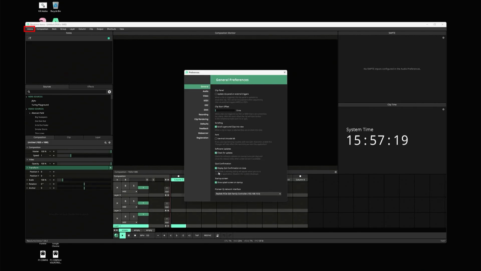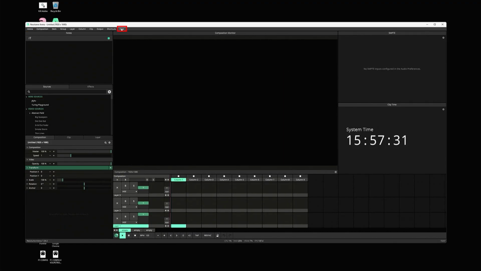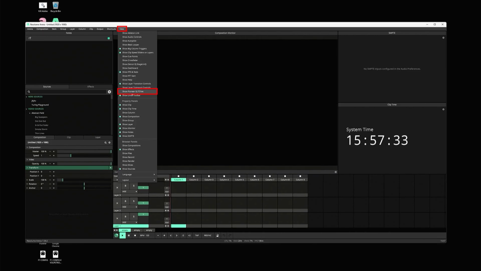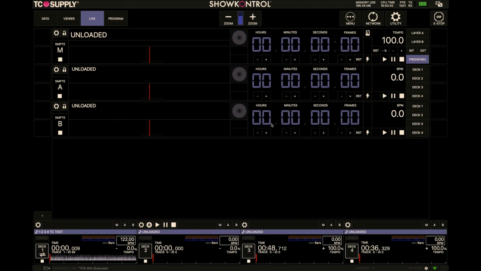If we jump back into Resolume and open the general preferences, at the bottom where it says network interface, you want to make sure the NIC with the custom IP is selected. In the View tab, you can now enable Show Pioneer DJ TCNet, and then you could see Player 1 is populated. Another side note is you can modify actually what will show up in this player list by jumping into